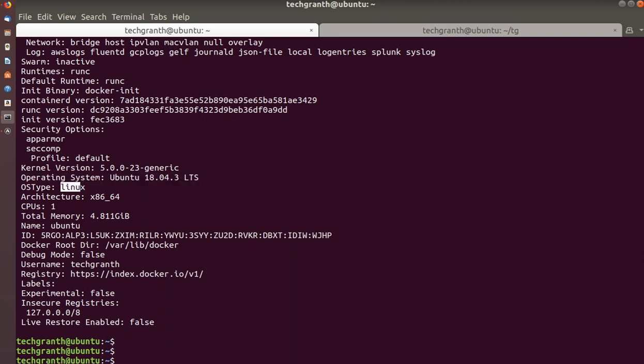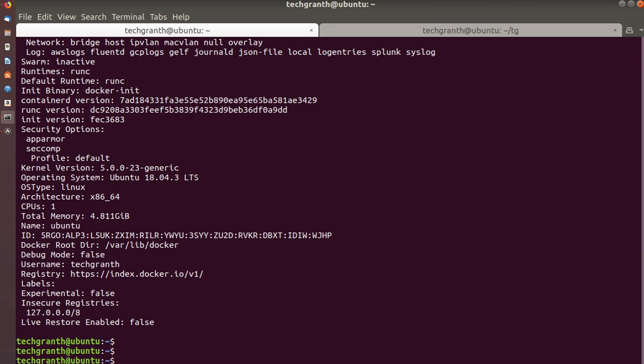OS type is Linux, architecture is x86-64, one CPU and almost 5 GB RAM, and the name is Ubuntu. Username is TechGranth, the registry is this one, we do not have any label, and experimental is false, insecure registries and all these details.